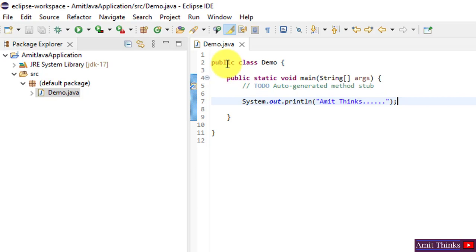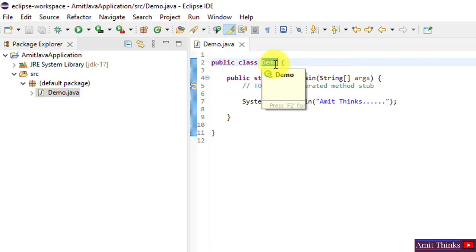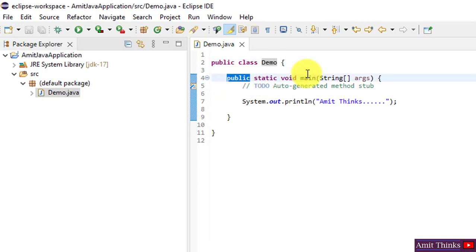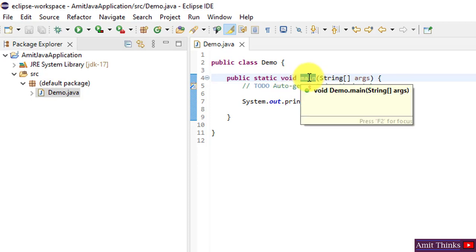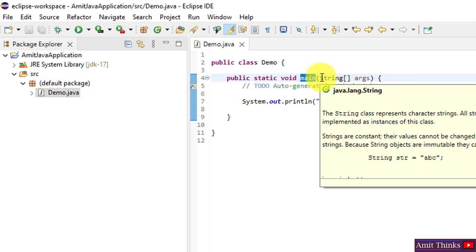Here in public we used a modifier, class is our keyword, Demo is our class name. So the name of the Java file, Demo.java, the name is Demo, should be equivalent to the class name, which is fine. Public again is an access specifier. Static here basically allows this main function to be called without the need to instantiate a particular instance. Okay, void is a return type, main is the function. It is called when the Java application begins.